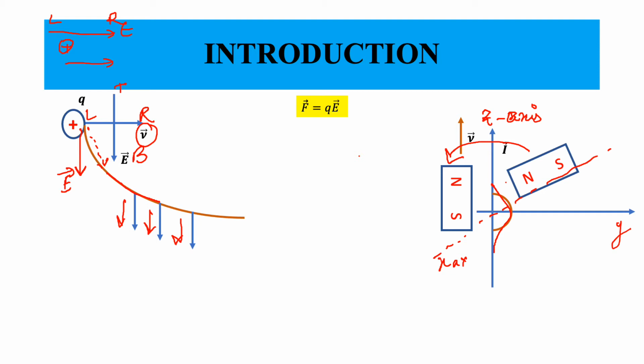And the idea is that if the north pole is directed along the x-axis, there will be a deflection on a wire along the y-axis. If it is along the z-axis, then there is no deflection. In any intermediate case, as you move your magnet around in direction, the amount of deflection would also change. So there is some source acting on the current carrying wire which is pulling the charge